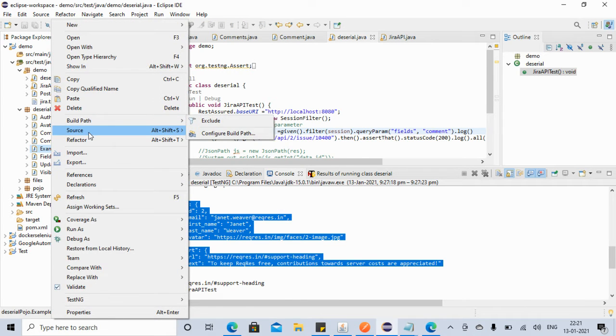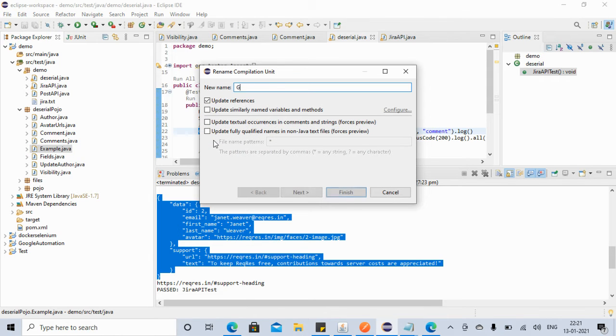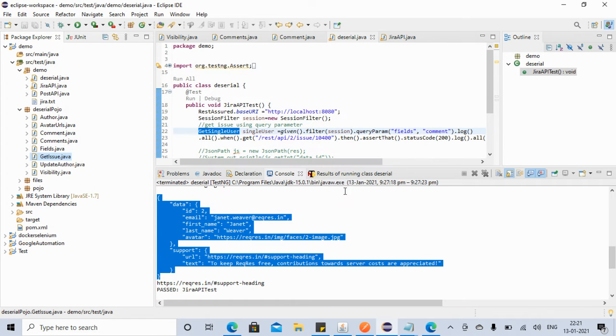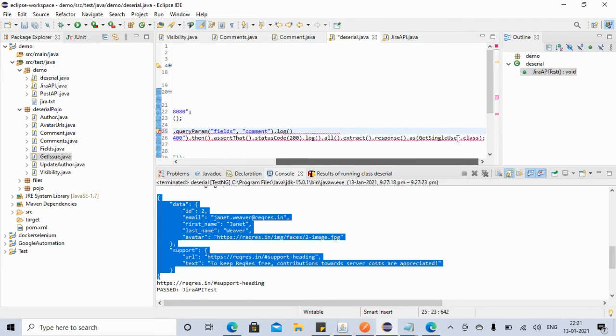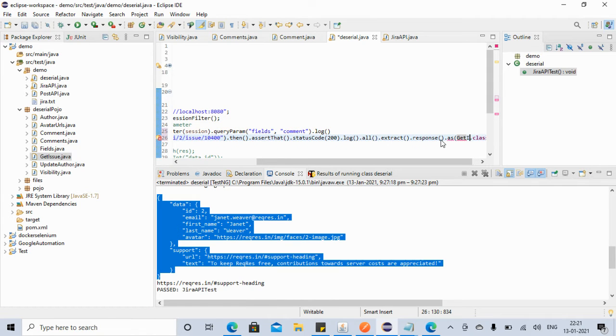Just refactor, rename, and say get issue. Here also we have to say get issue.